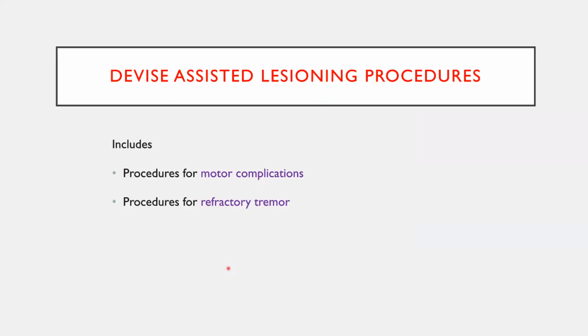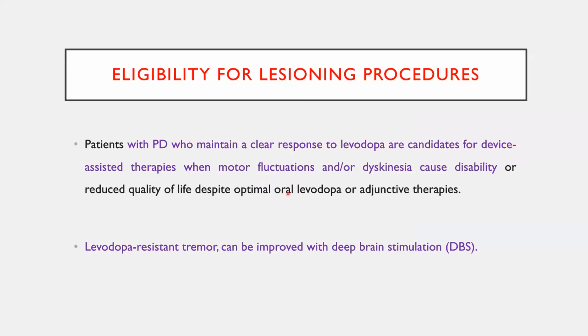So next we come to the surgical aspect for motor complications and for the tremors. If a patient is having severe dyskinesias, severe motor fluctuations despite optimization of therapy, and very drug-resistant tremors, in that setting you can opt for surgical interventions like deep brain stimulation, pallidotomy, or transcranial magnetic stimulation also.